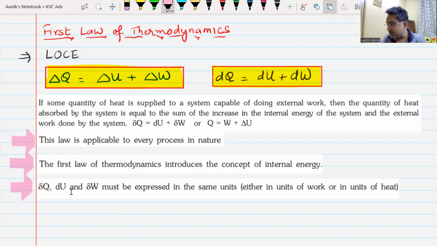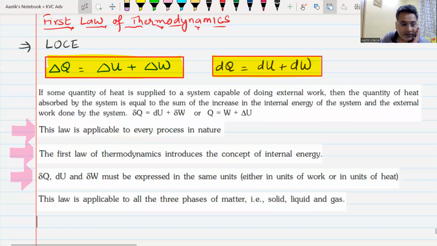This law is applicable to all states of matter, whether they are solid, liquid, or gas. Delta U, the change in internal energy, is a state variable. It consists of all types of energy that the system may have. Do we understand this? All these are small points